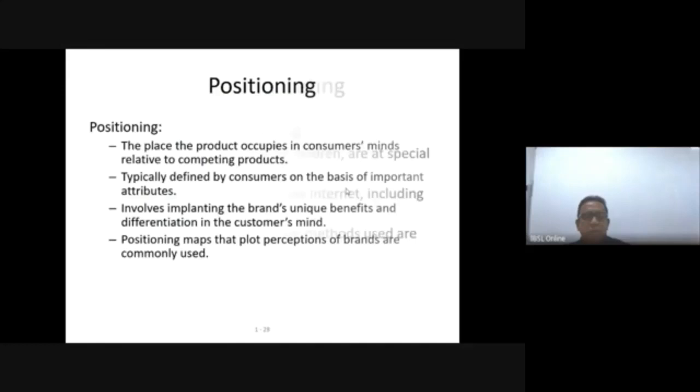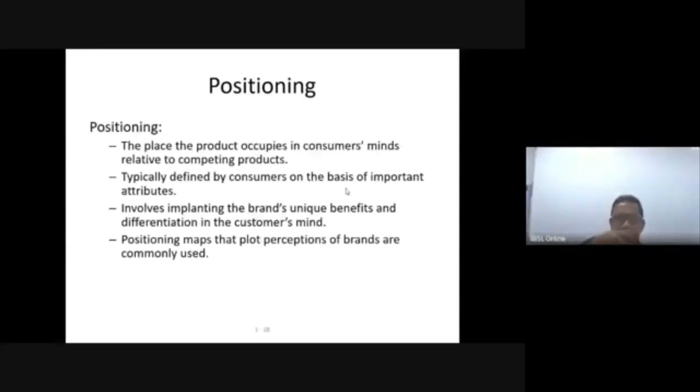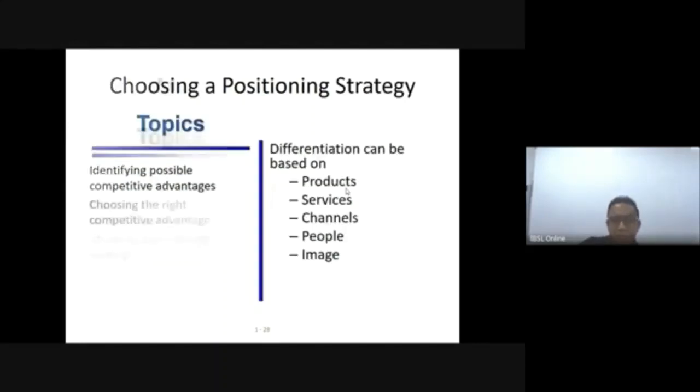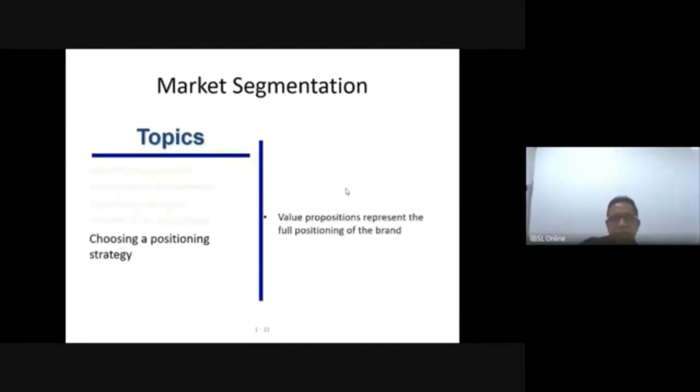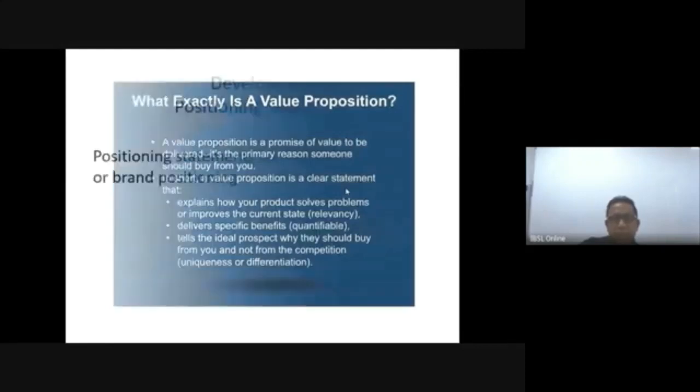The positioning. Positioning, I said, is the place the product occupies in consumers' minds relative to competing products. So it is a space a particular product owns in a customer's mind. So how can you position your products in a customer's mind strongly? That is by using your marketing mix